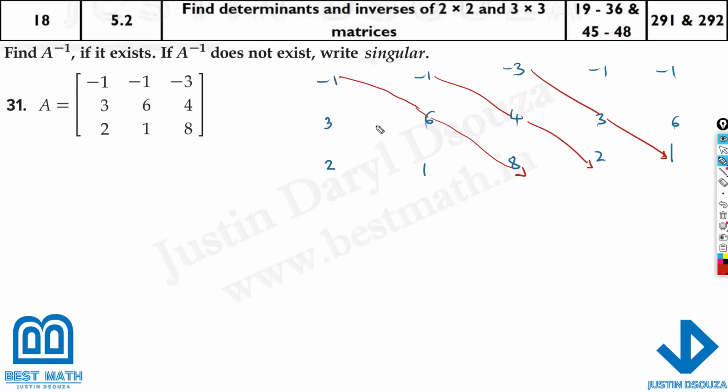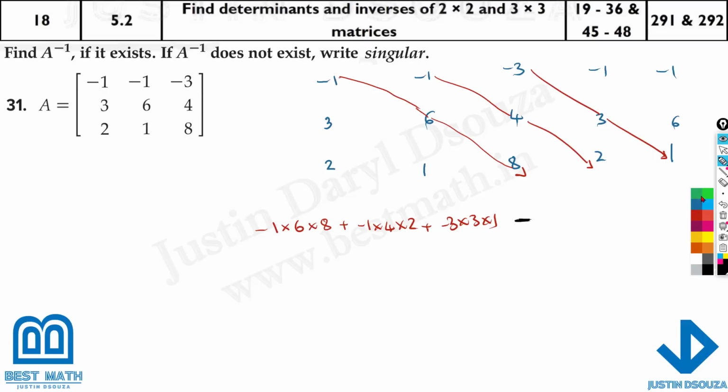Now, let me write it. It will become minus 1 times 6 times 8, plus minus 1 times 4 times 2, plus minus 3 times 3 times 1. That's the thing. Next, let me just change the color over here. This whole thing is subtracted with,